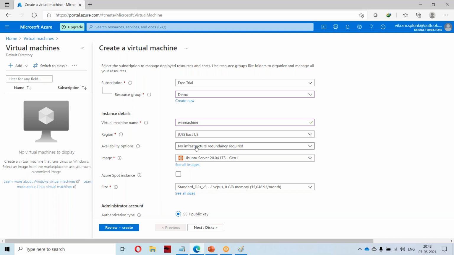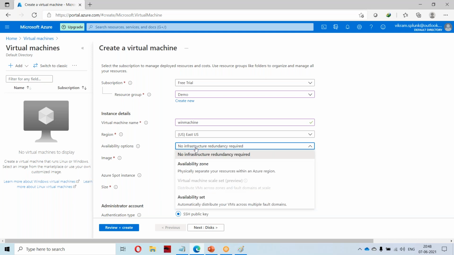If you want to avail this availability option, it can be done via two means. One is using the availability zone, the second is using the availability set. You can select either one, you can't select both. Either you go with availability zone, meaning you deploy your application in multiple availability zones, that is the first option. Else you select your application in the availability set.